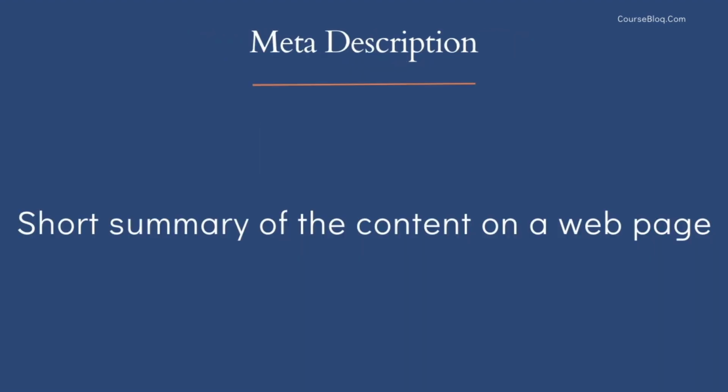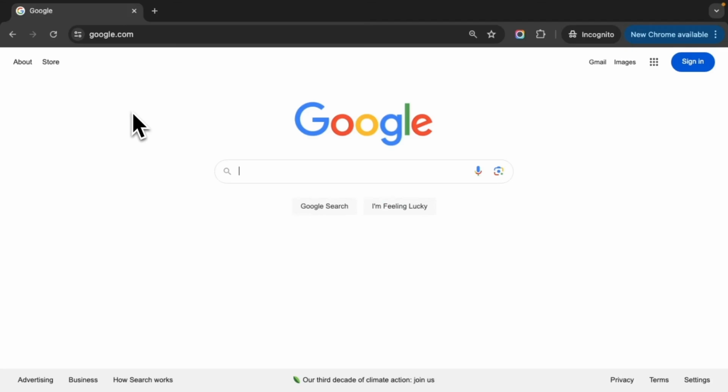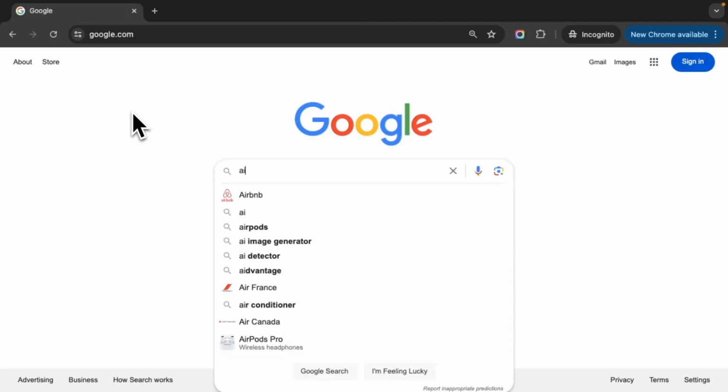So a meta description is a short summary of the content on your web page. Now, meta descriptions are more or less a content pitch, giving the readers a good idea of what to expect. So obviously, they have to be as good as the title, because both these elements together drive traffic to your website. When a user searches for a certain phrase